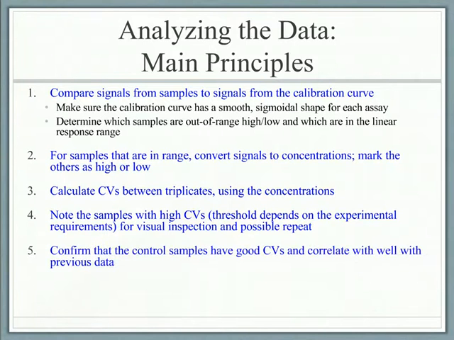And confirm the control samples. You run the control samples with every set, those are maybe the same 10 or 15 samples in every set, could be 5, that have a range of concentrations of your analyte, and you want to make sure that the values that you get for those control samples are the same every time with every experiment set. So that would be the next step, is to make sure they have good CVs and correlate well with previous data. So those are the main